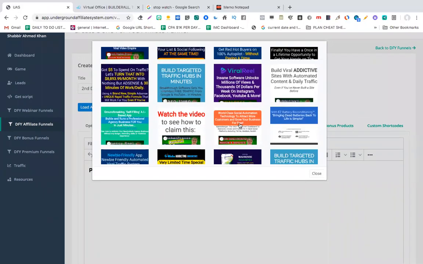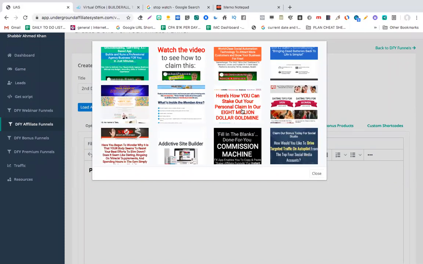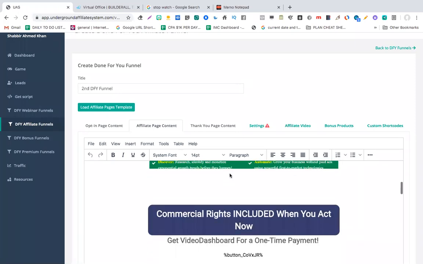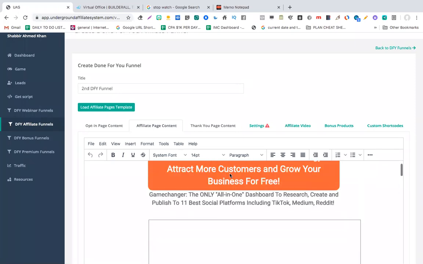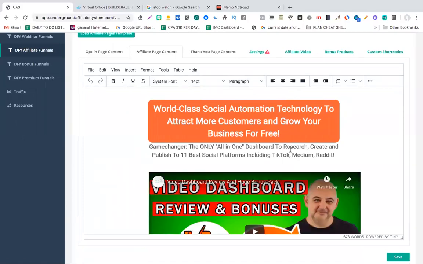Okay, you see this? World-class social automation technology to attract more customers to grow. I'm going to select this particular part. Now this is about the same product, that is the video dashboard. A game changer, the all-in-one dashboard to research, create, and publish to 11 best social platforms, including TikTok,